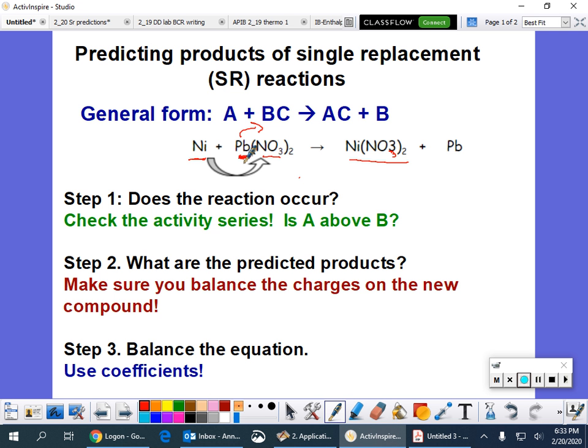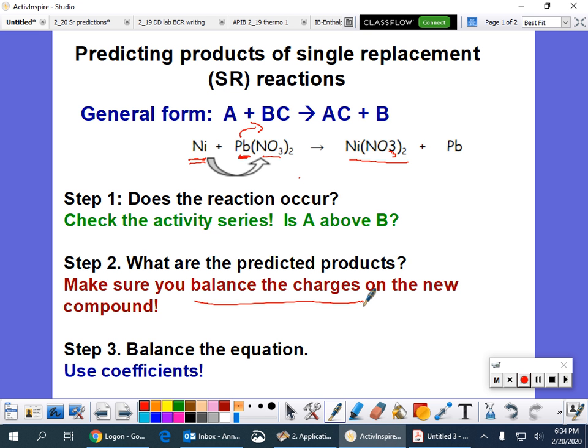The next step is the same as for the double replacement reactions, to figure out what the predicted products are. So if we know that nickel is reacting with lead nitrate, then we know that the nickel is going to become a cation and is going to make a compound with nitrate, and lead is going to be left out. So it's a pretty formulaic approach, so it's fairly easy to figure out what the combinations of products are going to be. But the thing you need to remember to do is to rebalance the charges on the new compound